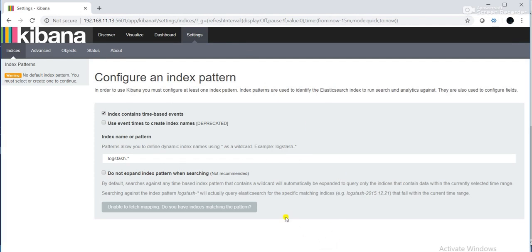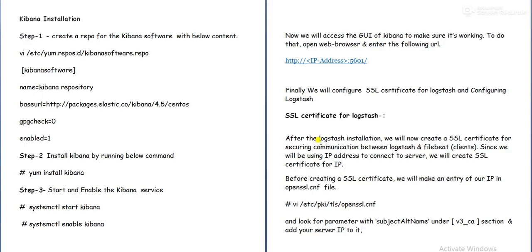Okay, so now we'll go with the SSL certificate configuration. Why SSL certificate configuration? It is for the communication between our ELK server and the client. So for that we need to generate an SSL certificate for Logstash. After Logstash installation, we will now create an SSL certificate for the secure communication between Logstash and Filebeat, meaning between our ELK stack and the client.